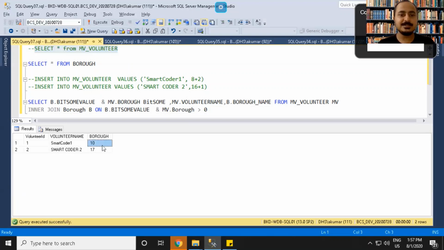Let's say the borough 7, but 7 is not a valid key. We don't have a foreign key constraint here. Any value can be stored in this column. So if you are using this approach, you have to be very accurate while storing the value. That is the drawback of this approach, but the benefit is that we can fetch multiple values in the same column in one go.